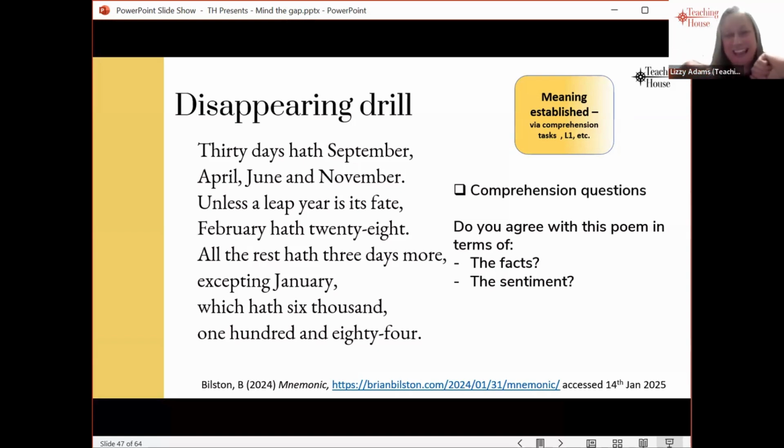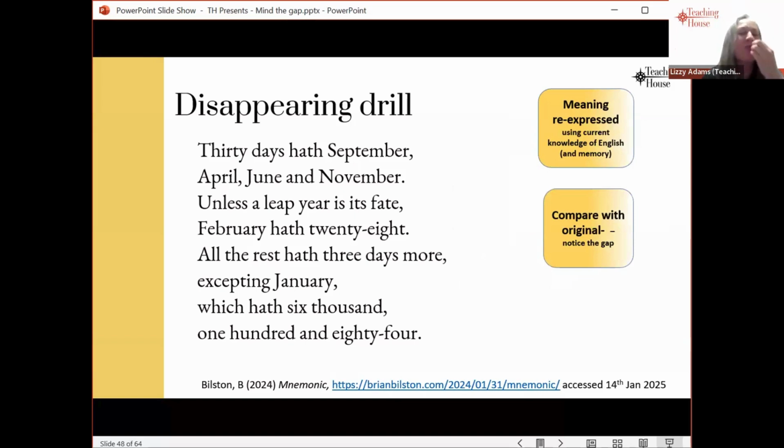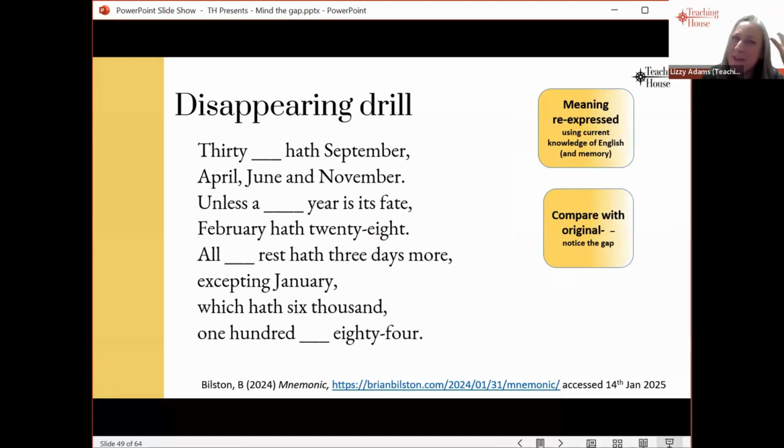And then everyone together. So as a teacher, you can get the students to read the poem. Then we get them to read it again, except this time they're re-expressing it, but with a little bit of memory coming in, because we're erasing some of the key words. Okay. And in this case, I've taken out some of the vocabulary, so leap year, an article here,